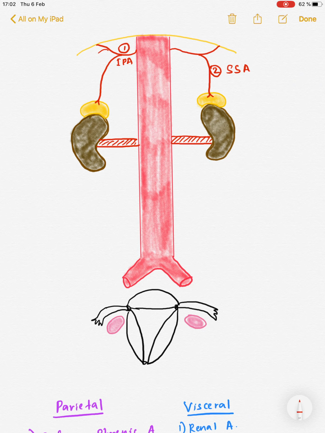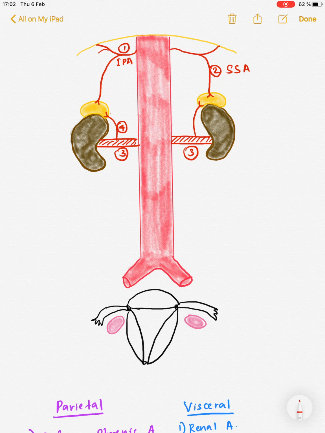And then they will finally give the segmental arteries. And then arising from the renal arteries, we will have the inferior suprarenal arteries. So I will write number 3 for the renal arteries, and arising from the renal arteries we will have the inferior